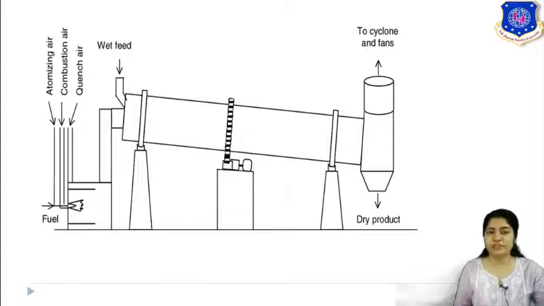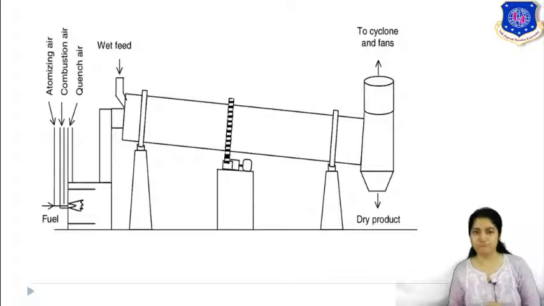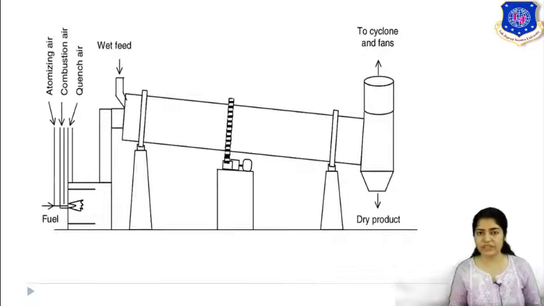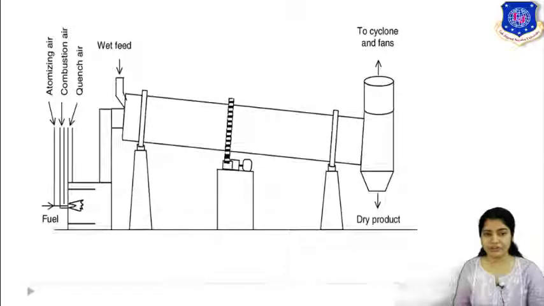Here you can see the description of your rotary dryer. From the inlet, wet feed is passed through it. Similarly, your air is also passed through it. Now, here you can see that a cyclone separator is kept over here. So, here I can say that the problem of product loss can be there. Air carries out some of your product with it. So, what does the cyclone separator do? It separates out your product from the air, right? So, at the bottom of your cyclone separator, you get your dry product. So, this was about your rotary dryer.